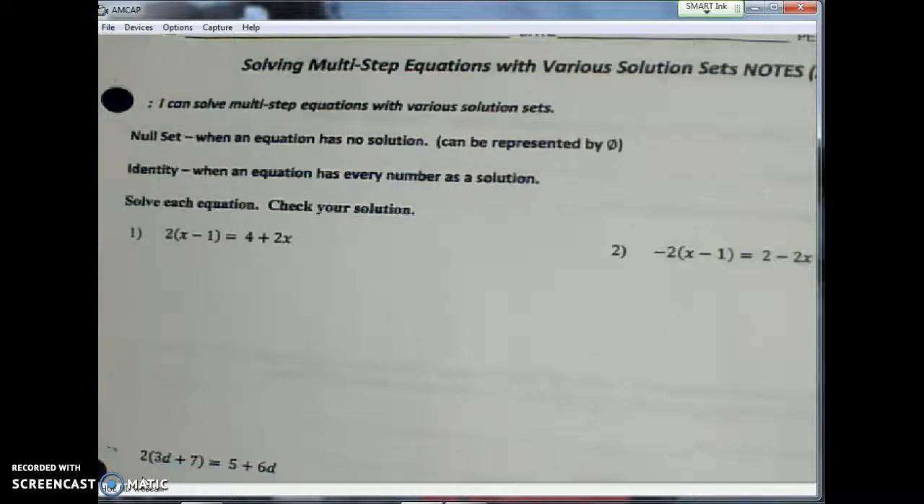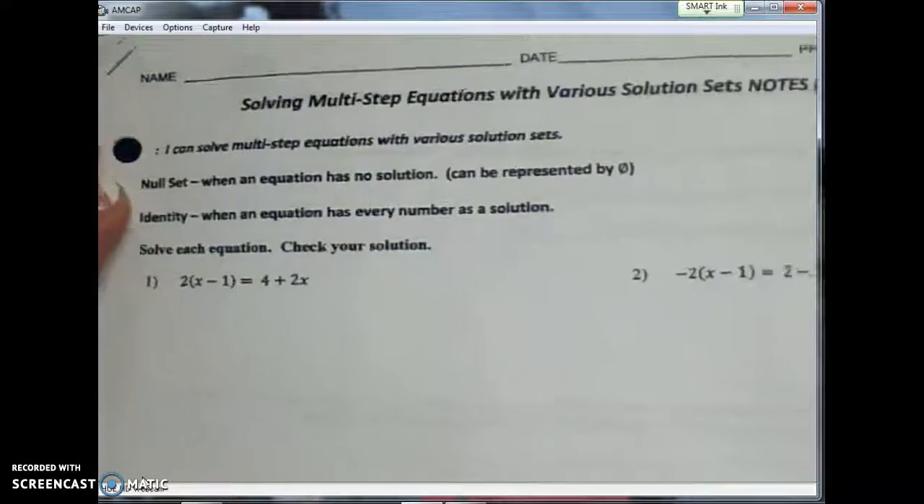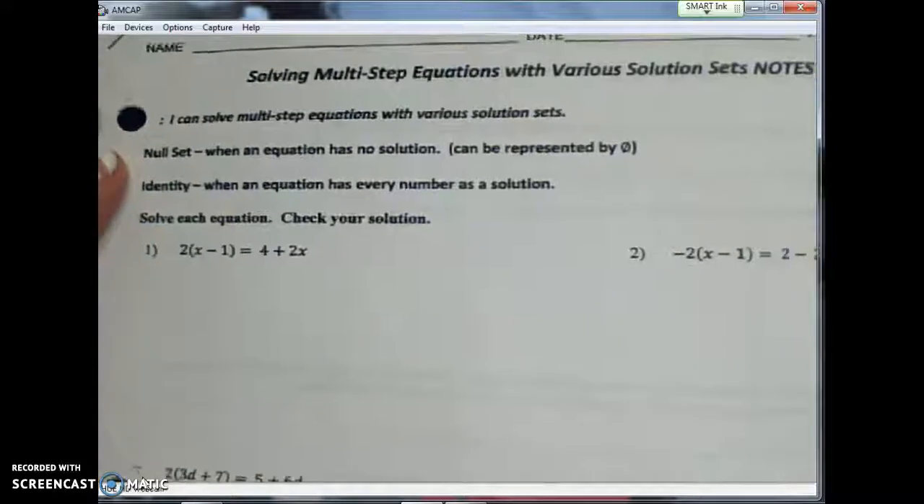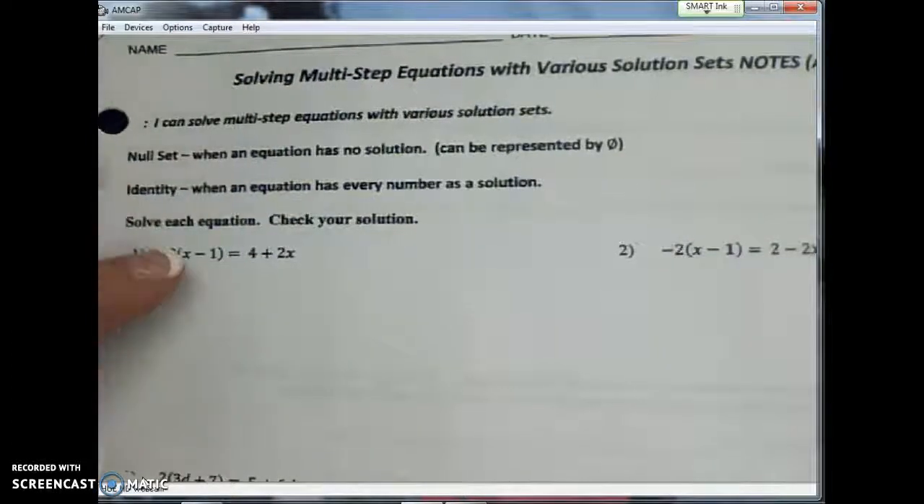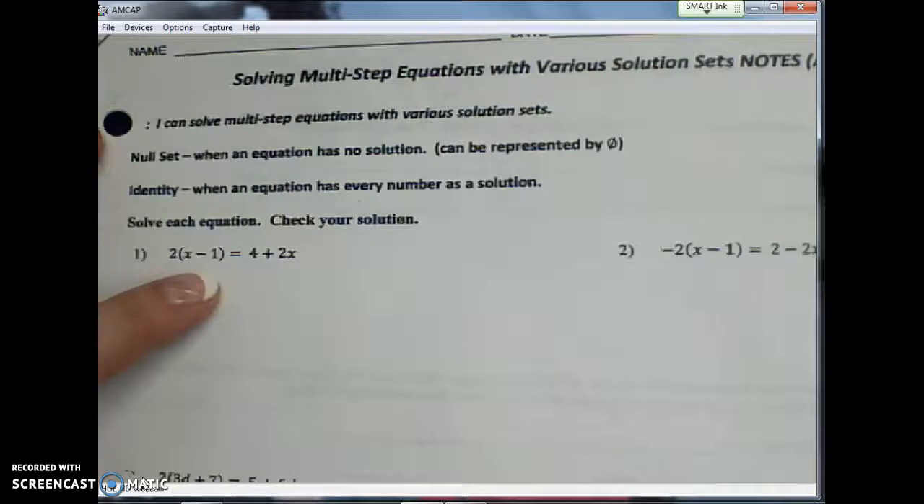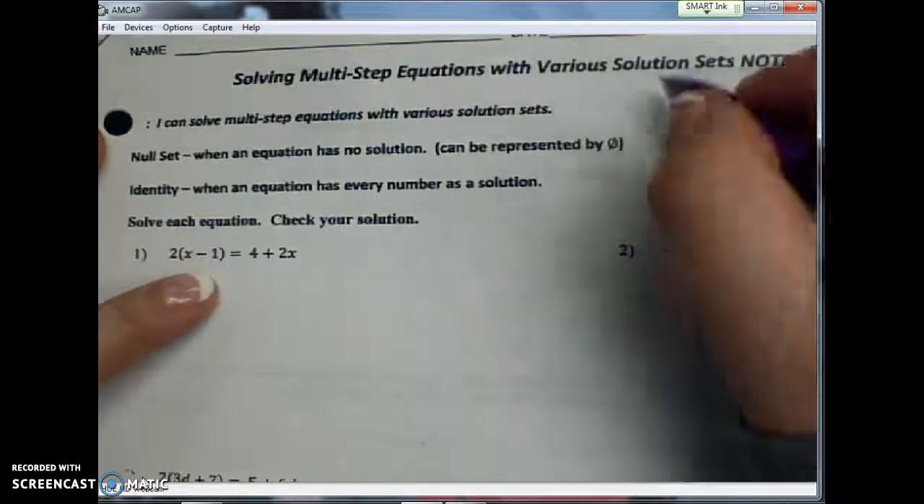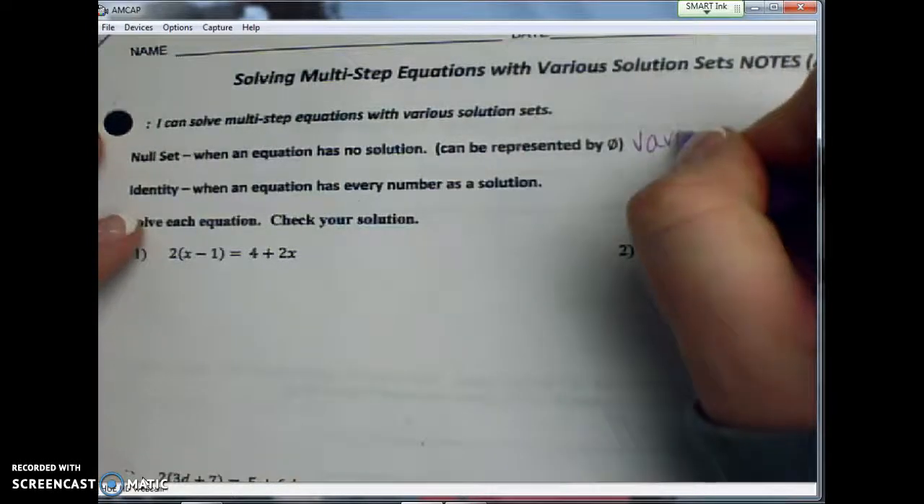So let's go ahead and start looking at our last set of notes that we have for this unit. Again, it's still multi-step equations. However, sometimes we get a particular case where we have different types of solutions. And one of those cases is called the null set. This is when the equation has no solution. There's no number that I could put in that would make it true. And so the definition, or when a null set happens, this is when our variables